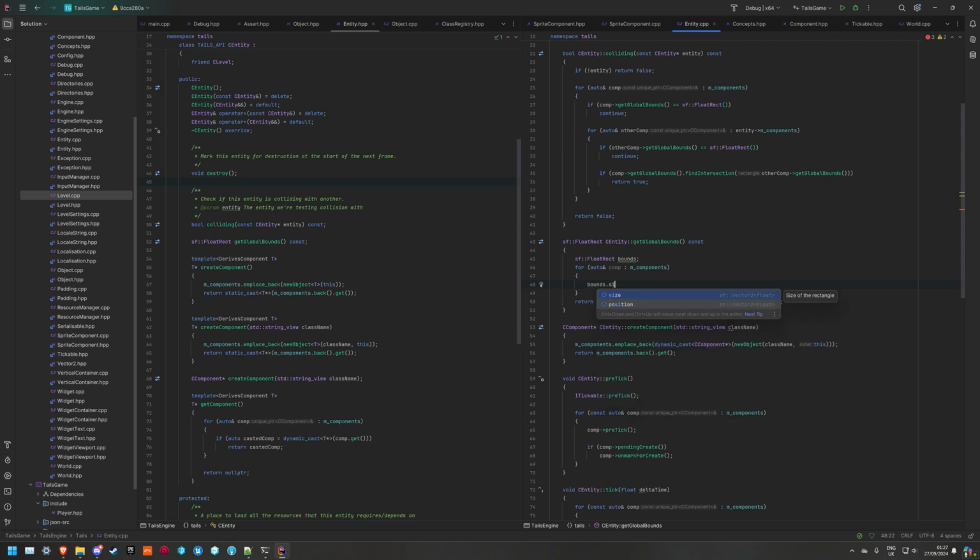We want to set the size to be the largest, the most outward bottom right corner, and then set the position to be the most top left corner. So there's definitely a better way to do this, but for now I'm just going to say if the component's get global bounds size, that's the bottom right position,